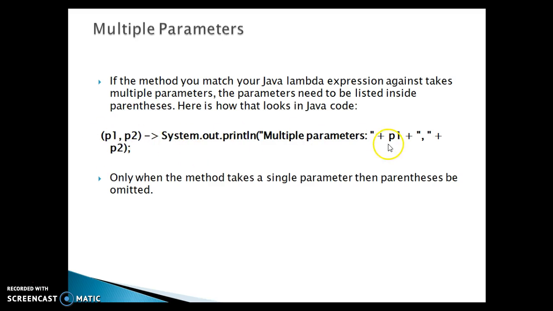And after that, here I have written only one statement, that's why there are no curly brackets. But if you have multiple statements, then opening and closing curly brackets are a must. So at the bottom you can see I have listed that only when the method takes a single parameter, then the parentheses can be removed or omitted,